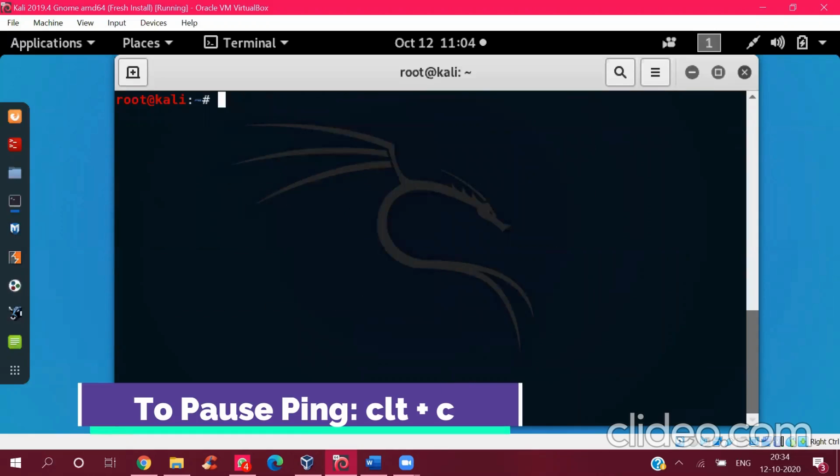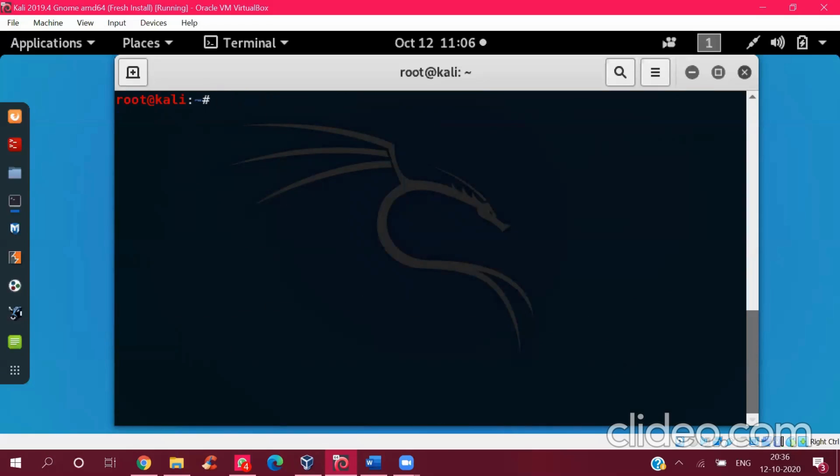Now I'm going to clear it. Now that we saw that my IP address was up, what if I want to ping an entire network? What if I want to see if the other 254 hosts or endpoints are up for attack? If they are up, that's when I can attack them, right? If they're not up or if they're dead, then I can't access them.